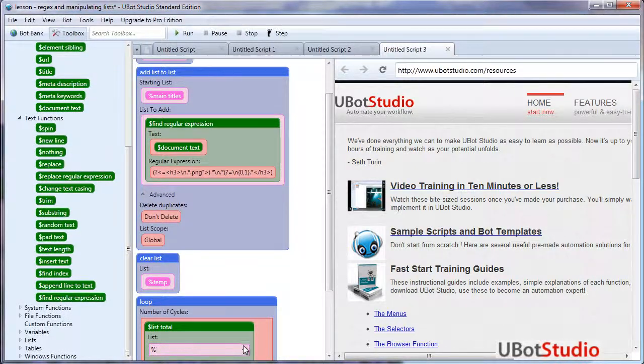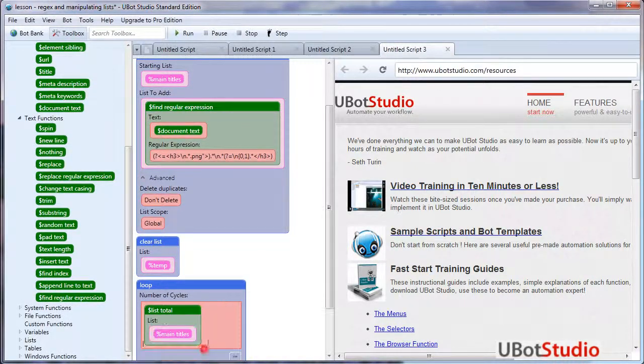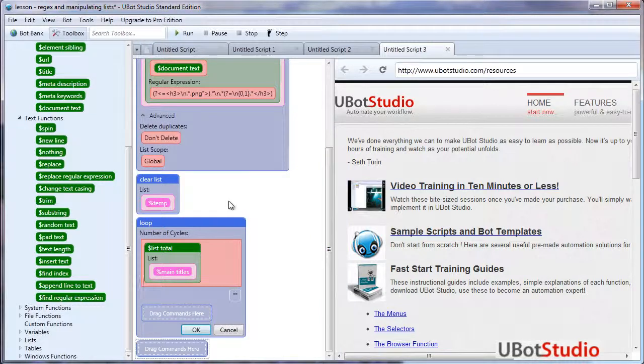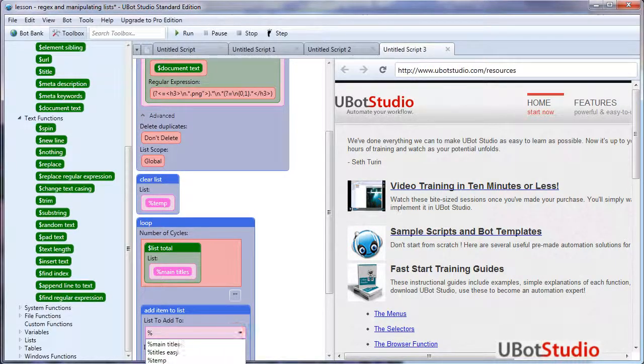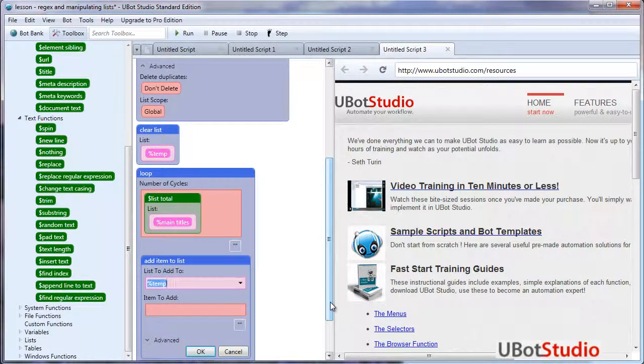Okay, list total, and it's going to be the main titles. Okay, now within this I'm going to do an add item to list. I'm going to select my temp, and within here the first thing I want to do is